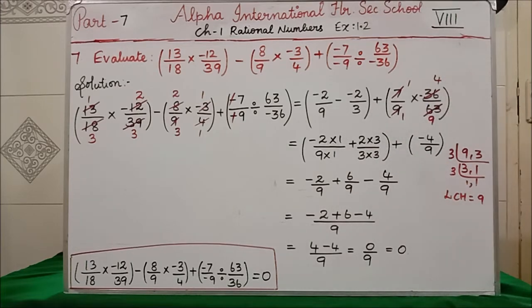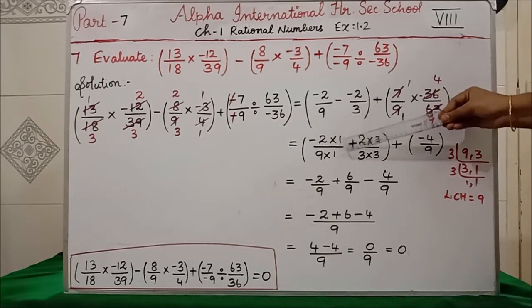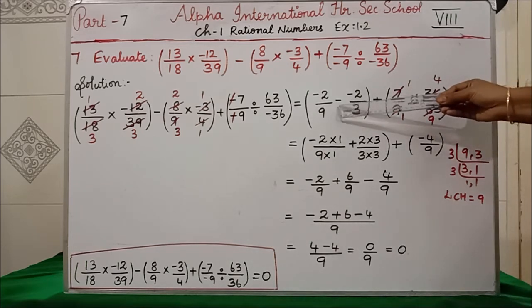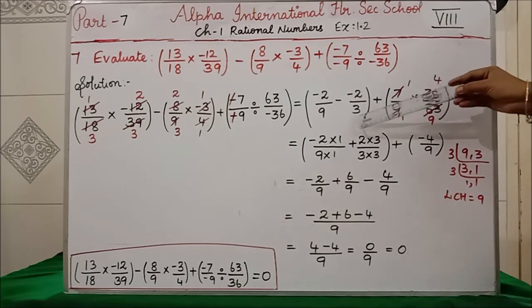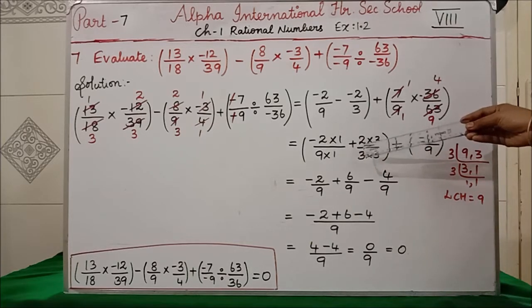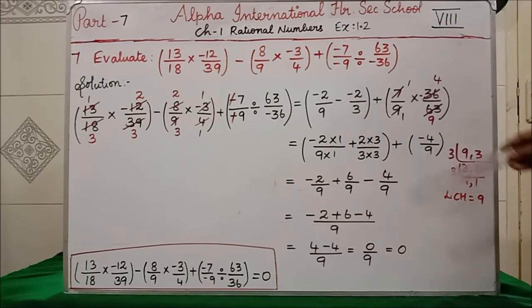Because our denominators are not the same, we are going to take the LCM for 9 and 3. See, I have got the LCM as 9. So here we already have 9. It is enough if you multiply with 1 and 1. See, I have multiplied with 1 into 1 into 1. Then here, minus into minus is what? Plus. Here we are having 3, but we have to get LCM 9. So what number do you have to multiply to get 9? The same 3 you have to multiply. So this minus and minus has become positive. So 2 into 3, 3 into 3.